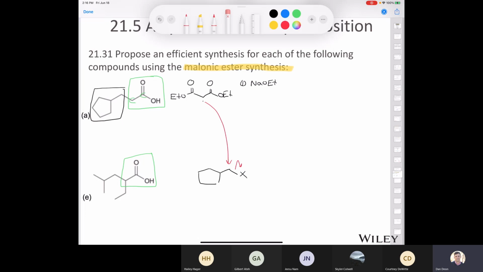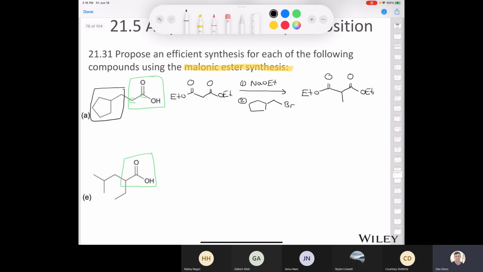So I'm going to remove all this, and for the second step, we're going to write down the structure of our electrophile, which is going to be this compound, and we'll just use a bromide. Again, if you chose a chloride or an iodide, that's totally fine. So what that's going to give you would be this compound. So we have our diethyl malonate, and now at this carbon, we have our methylene and then our